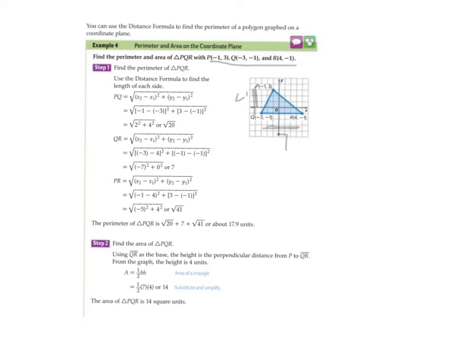So the area is going to be easy to find. Okay, but the perimeter isn't. You know that this guy is 7, so you need to do the distance formula twice. Okay, so again, keep it in radical form if you want. All right, oh sorry, that's radical form, and then add them all